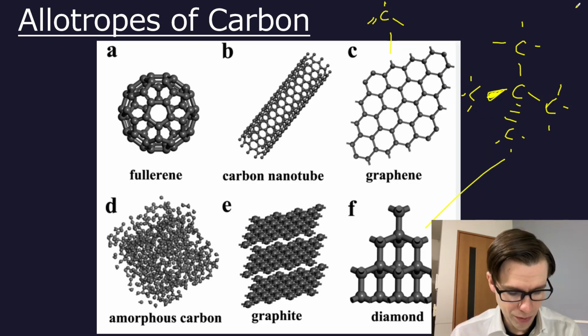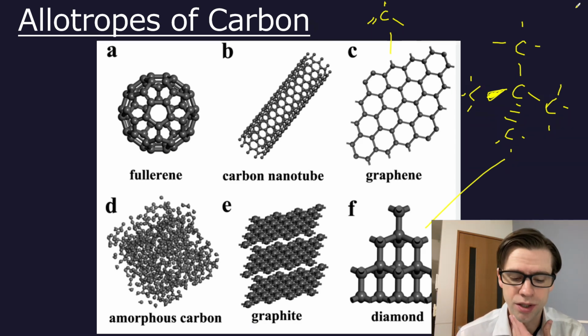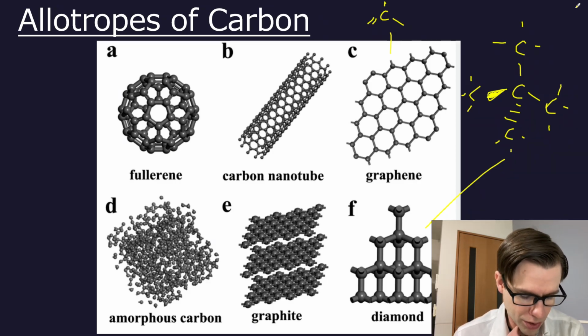What else? We've got fullerene. This is actually a unique one. This is not a covalent network. It's not a giant network, despite the fact that this unit is labeled as giant covalent networks. This one is a molecule. It is 60 carbons, C60,